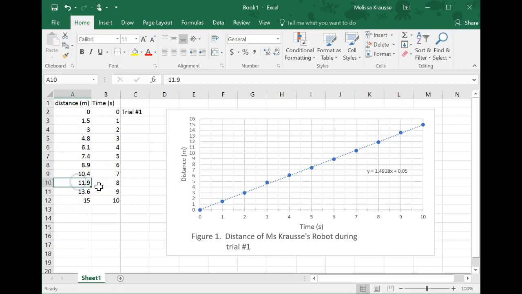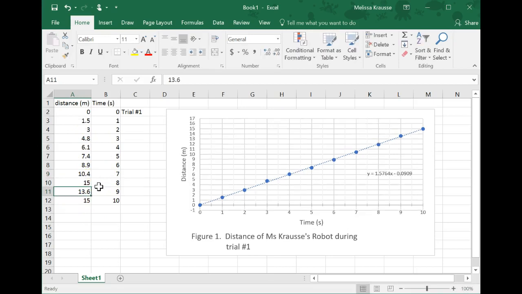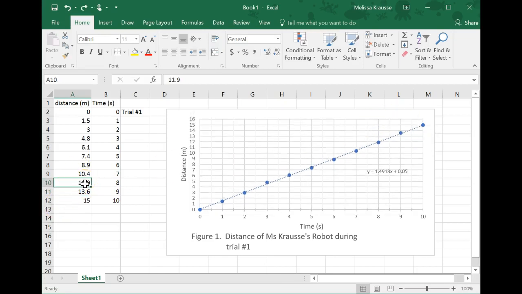So I'll show you that again with maybe a bigger shift. For example, let's say it was entered as 15. It's way up here, and we need to change that back to 11.9. The graph will automatically update. Okay, and you can do that for labels and